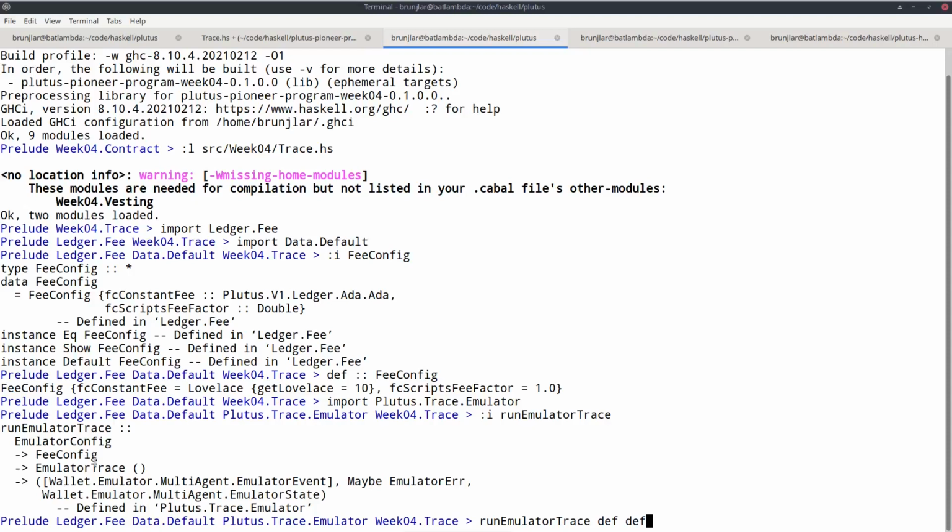So now all that's missing is an actual emulator trace. And we haven't looked at how to construct an emulator trace yet. But we know, because I told you, that EmulatorTrace is a monad. So without knowing anything else about emulator traces, we know that we have the standard monad operations, return and bind, available. So in particular, return. The simplest emulator trace we can possibly write is the one that immediately returns unit. It doesn't do anything. It doesn't call any contracts, doesn't wait for any slots. It immediately returns. So let's try what this gives us.